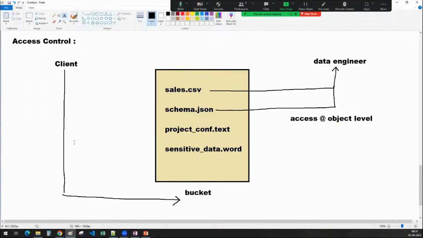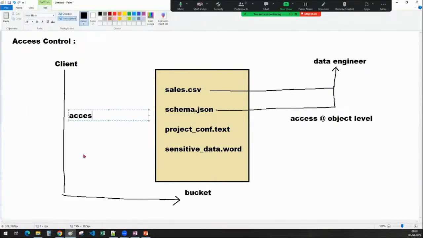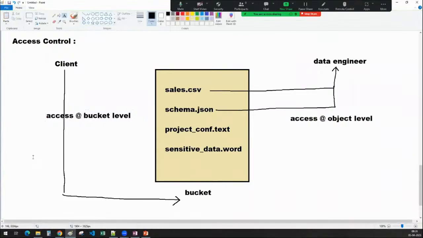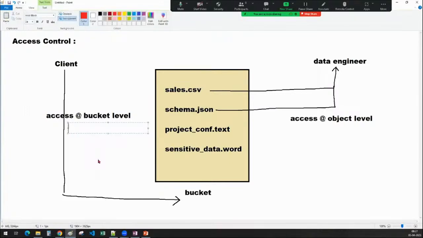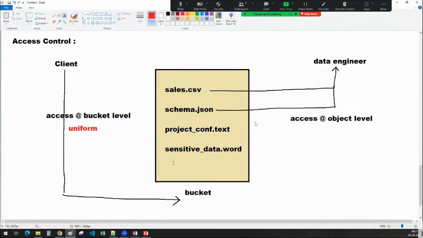So he will have access to those objects for which I have provided permission. And what about this one? This one is access at the bucket level. When I provide bucket level access, he can access anything inside that bucket. That means whatever the files inside that bucket, he will have access. So these are the two concepts, sir: access at the bucket level and access at the object level. In other terms, access control is called as uniform